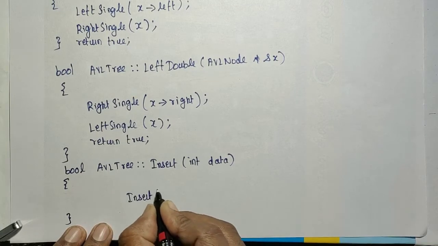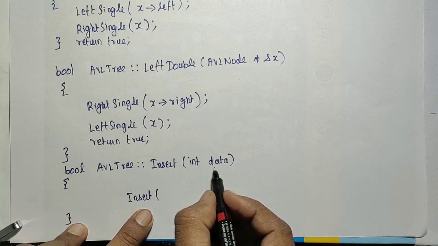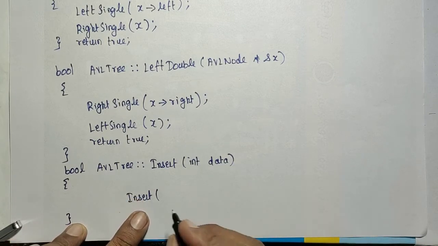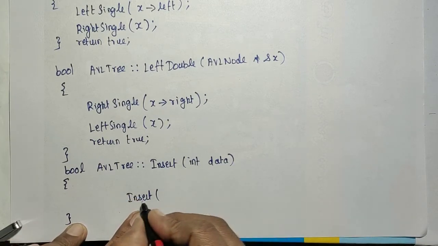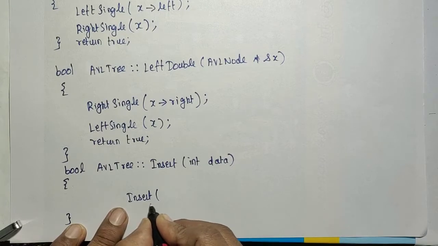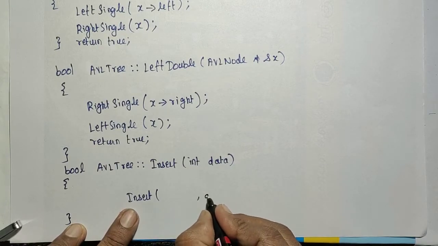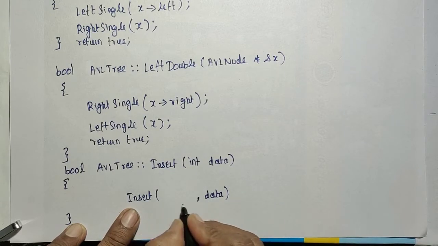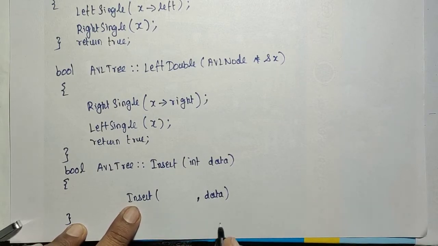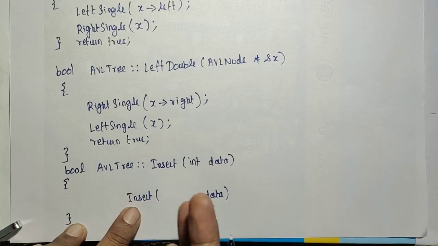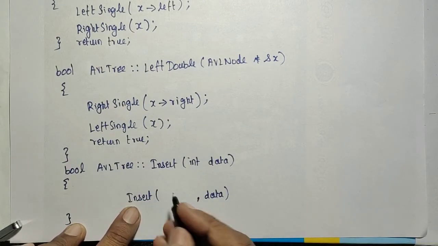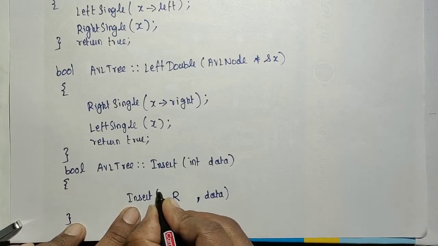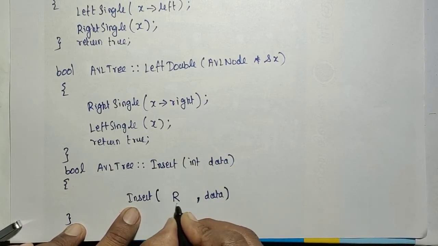insert of, okay, so in which node I have to insert means that main root. So I have to call that recursive function insert, in which the data have to be inserted. Okay, and to which tree I wanted to insert means the root. So to that tree itself I have to insert. So I need to pass that r comma data. Okay, so subtree I need to pass.